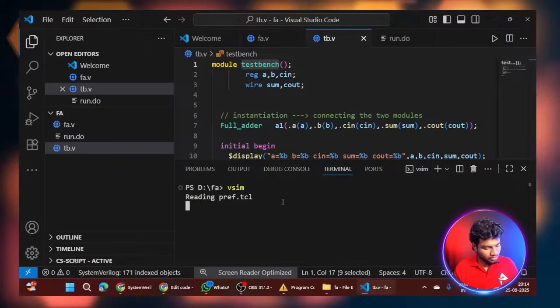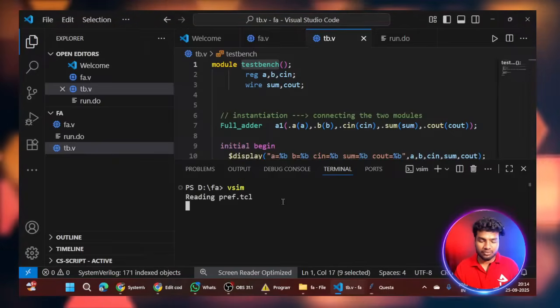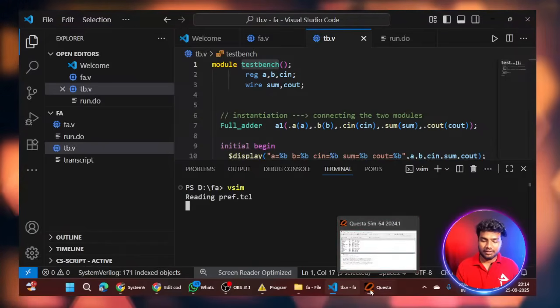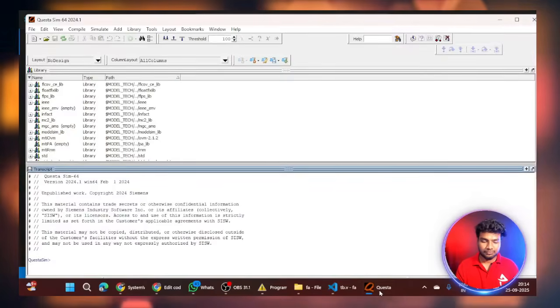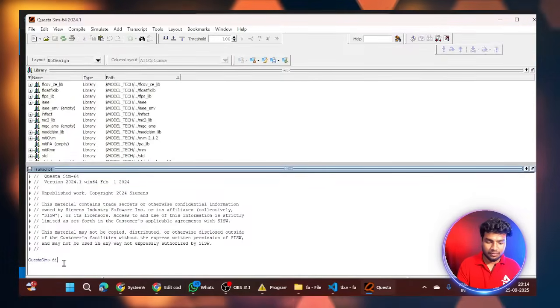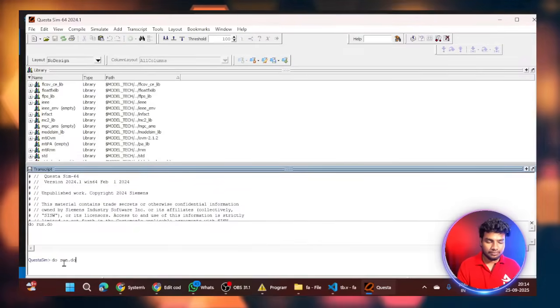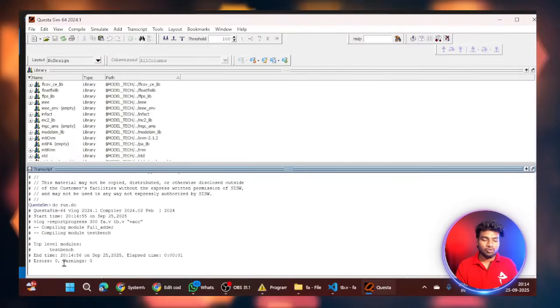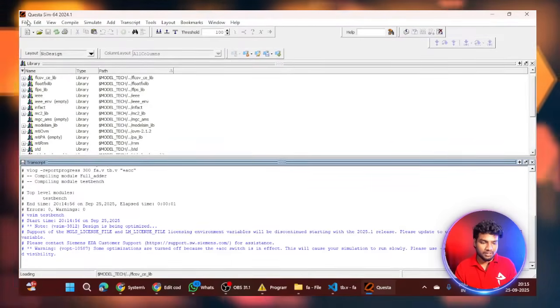Please just show the input and output by the pulse. Yeah, I will show you. Just wait a minute. In the EDA Playground, it's not showing. There is an issue. This is the Costa Sim new tool I'm going to use in this masterclass. I will tell you tomorrow how to use this tool, Costa Sim. It's mostly useful for verification. You can see here Costa Sim.